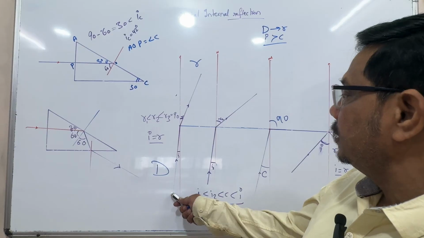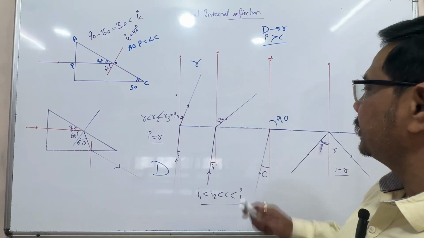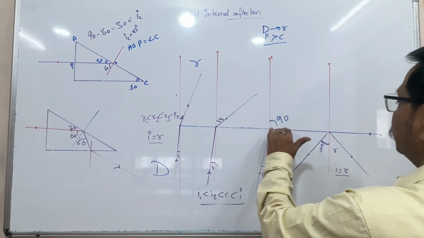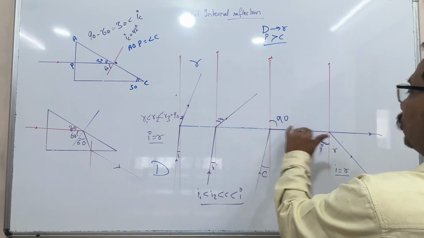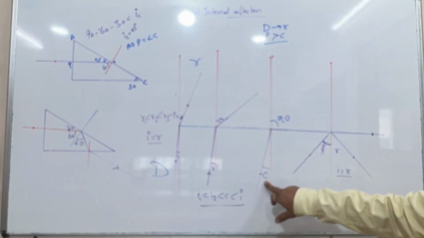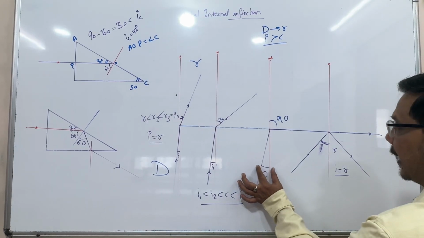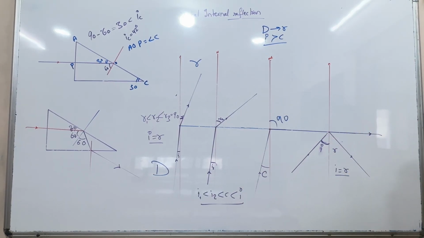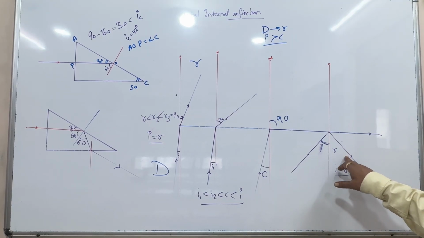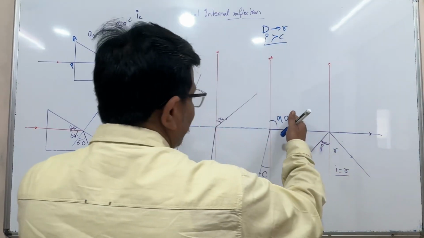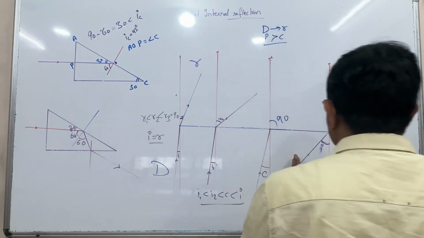So as the angle of incidence increases, the angle of refraction increases. At a particular angle of incidence, the angle of refraction goes 90 degrees, or goes parallel with the surface. This angle becomes 90 degrees and this angle is the critical angle. When you increase the angle greater than the critical angle, the ray bends towards the same medium and it becomes a reflected ray. So angle of incidence is equal to angle of reflection, as it follows the phenomenon of reflection of light. Up to this point you can see the refraction, but from this point you can see the reflection